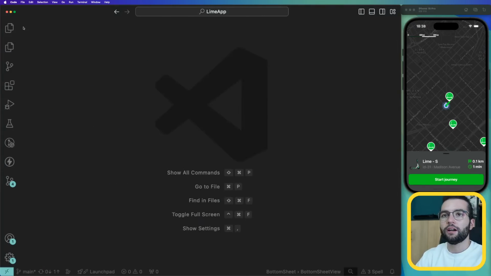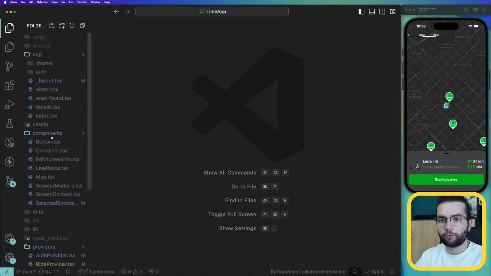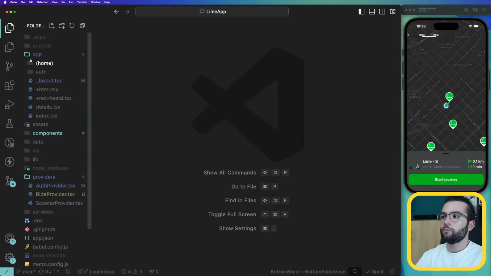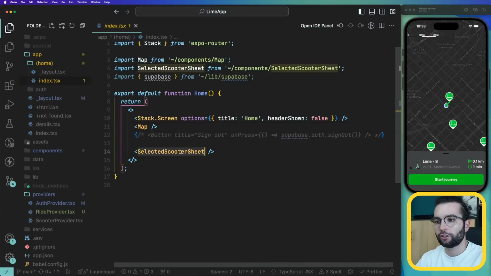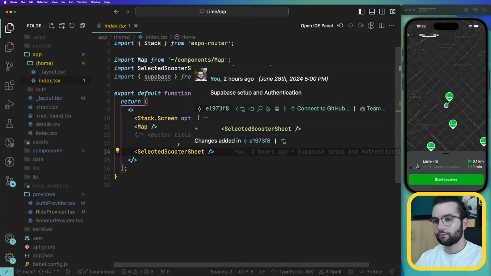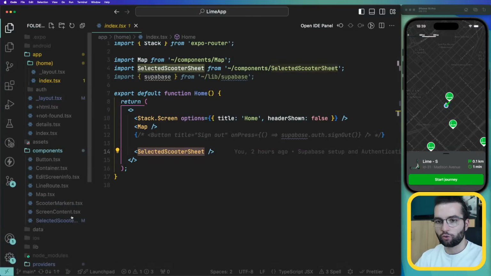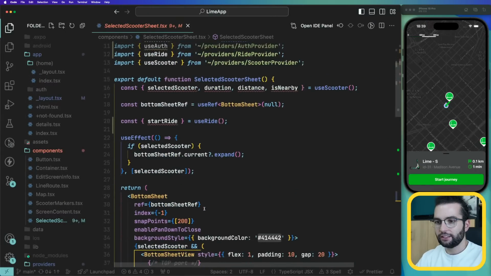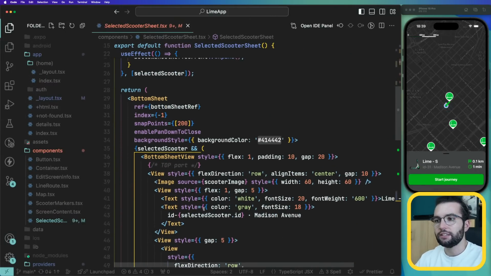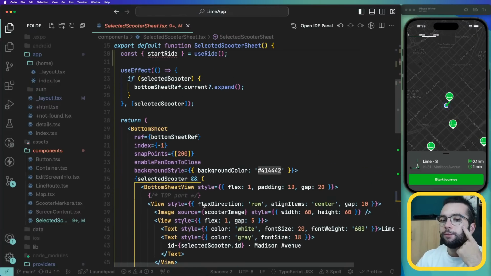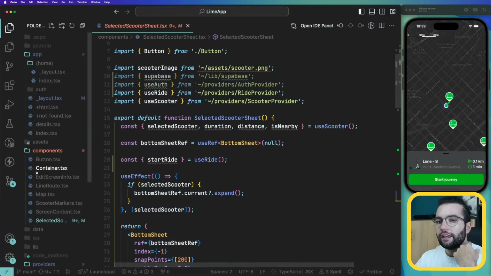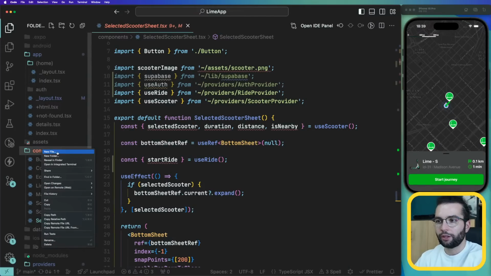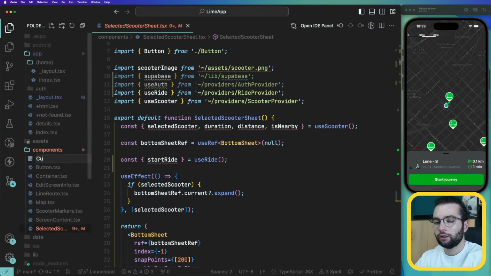Okay, guys, so what do we have to do? On the home screen index, we have here selected scooter sheet. In a similar way to how we have selected scooter sheet here, let's create another function like this that will be responsible for displaying the current ride. And that component is going to be called active ride